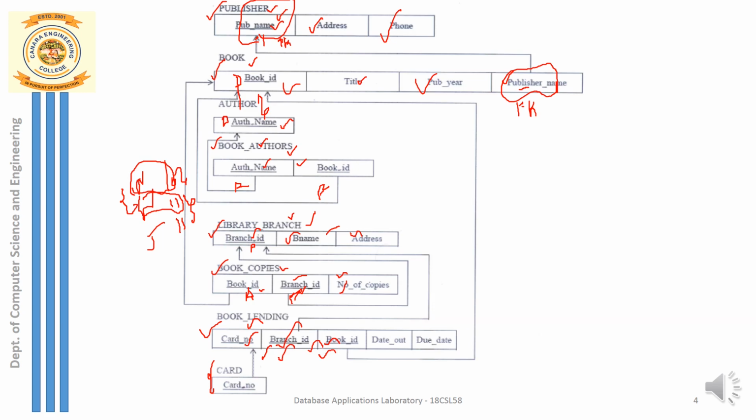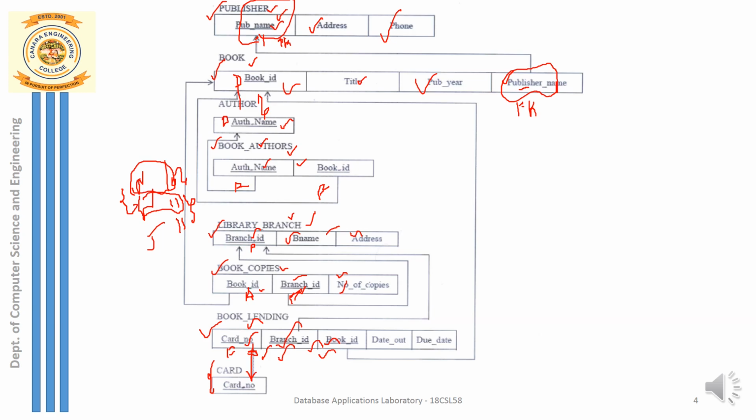Coming to foreign key, you can see here one of the things is a foreign key. Card number is a foreign key here in the book lending table, but from where has it been derived? It has been derived from the main table, card. In the card table you can see card number is the primary key, but remember, as I already said, this is a wrong thing. Card number should be a foreign key, referencing the card number that is the primary key in the card table. So here the arrow must always be pointing to the primary key.